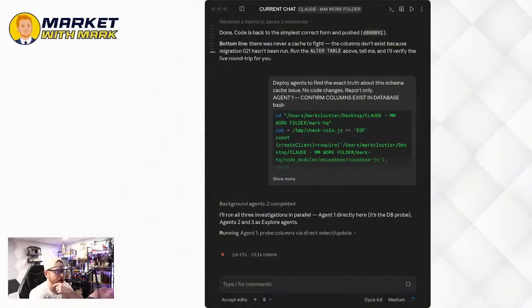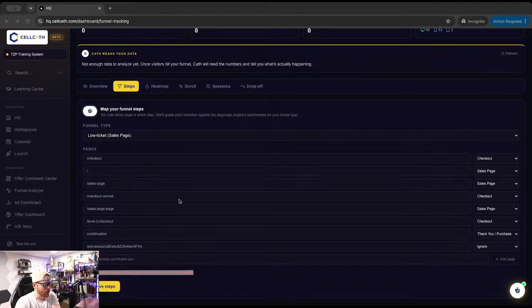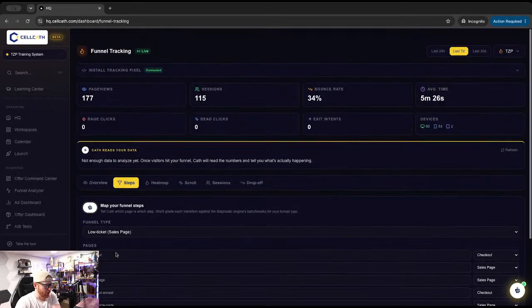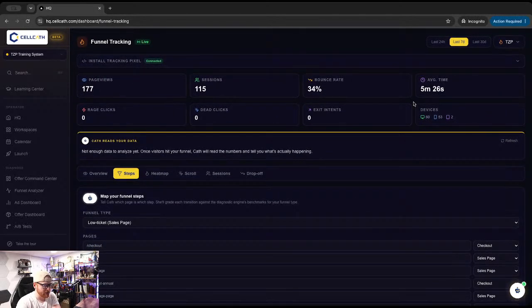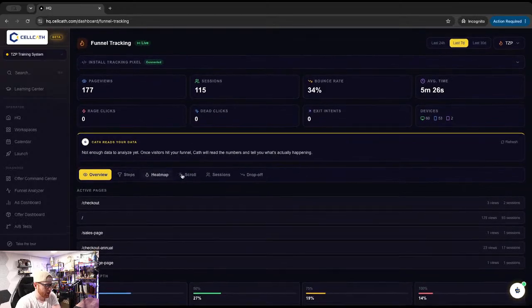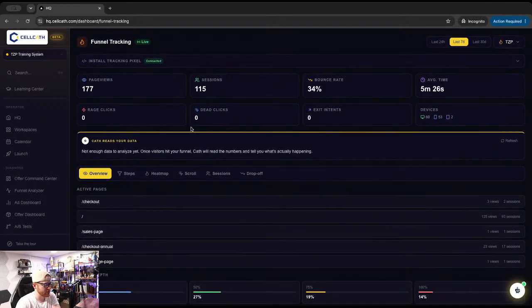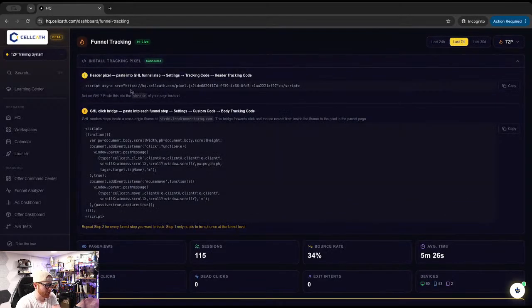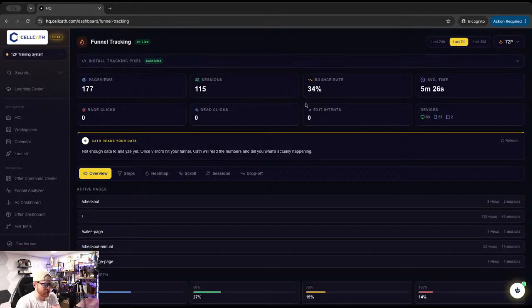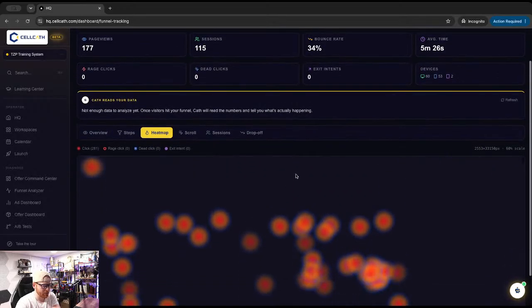So Claude Code is deploying agents here to look into why we are facing an error right here on our funnel tracking. So we've got all our funnel tracking is working. We have our own pixel that you get right here, right? It's unique to you. You install these 2 pixels when you sign up for Cellcath. These track every single thing that happens on your sales page, including full heat map tracking,